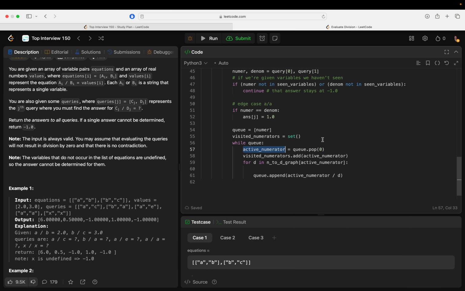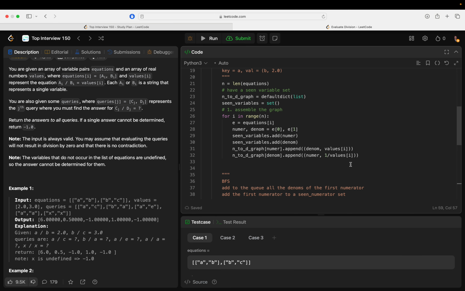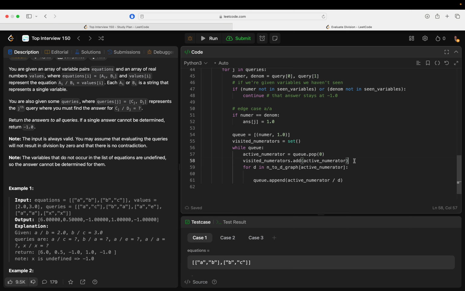So here's my idea. The Q is going to actually be numerator and 1. So we start with it at 1. For all the denominators that the numerator attaches to, active, we're going to say if D not in visited numerators, we're gonna basically calculate it out by saying Q dot append